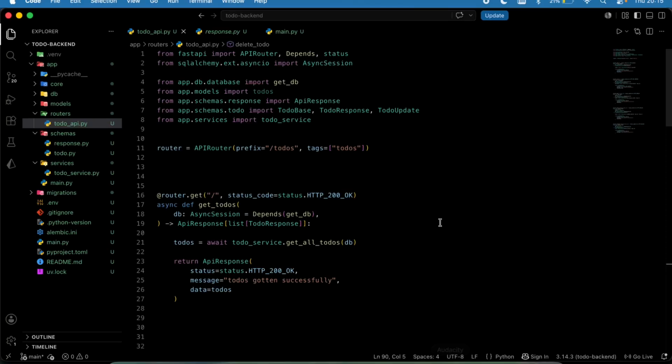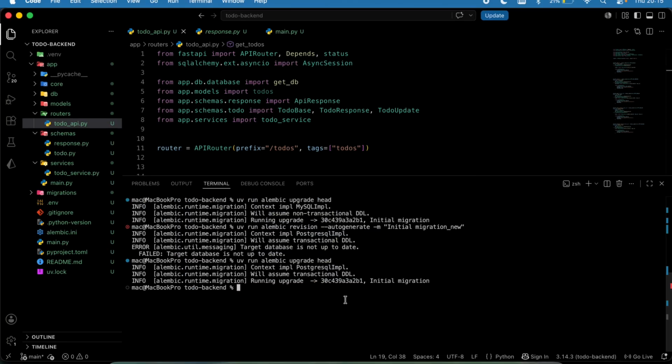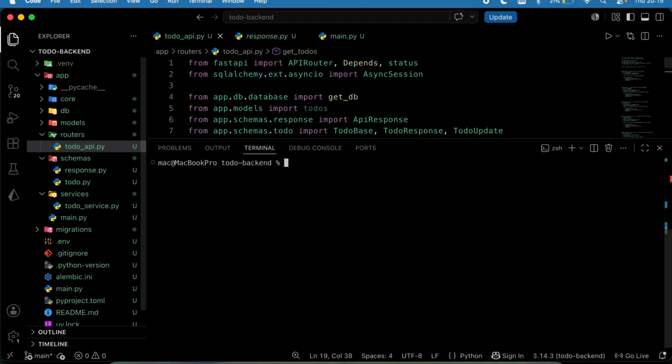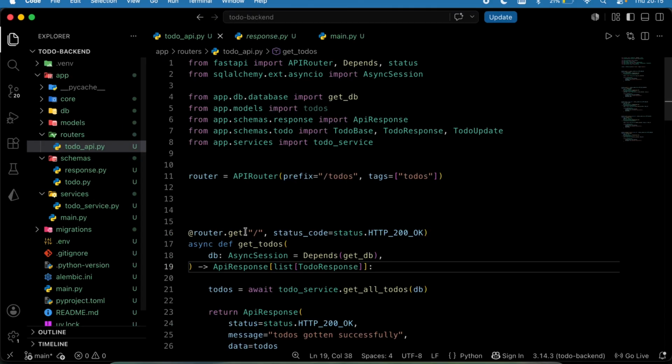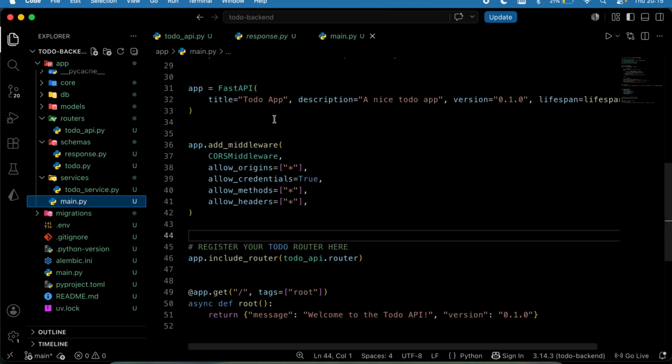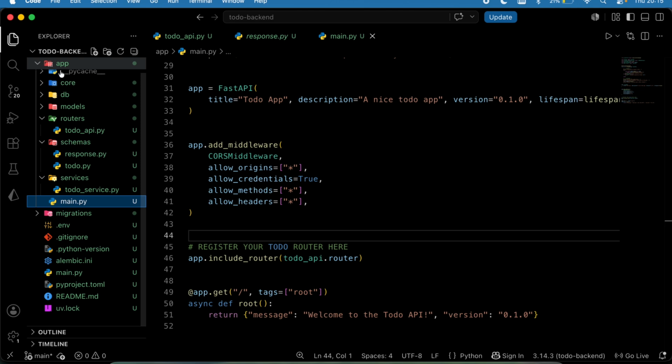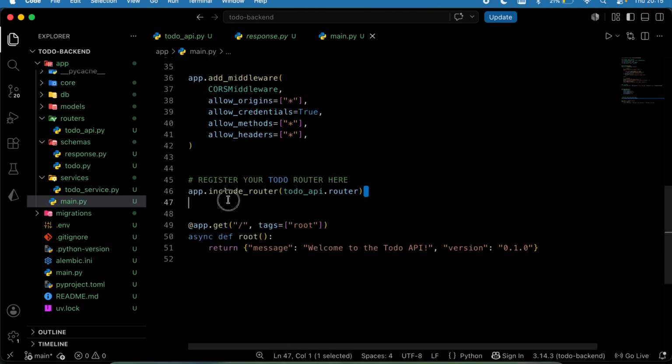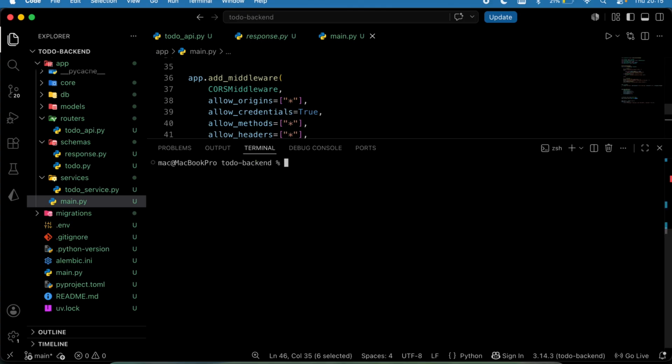To test this out, I'm going to first of all run my application. Again, before you do that, always make sure that your router or your app has been registered in your main. So if you've not done that, come to the main.py within the app folder, add this stuff right here, app.include_router, and then your API, then the router. So I'm just going to run my app by using uv run